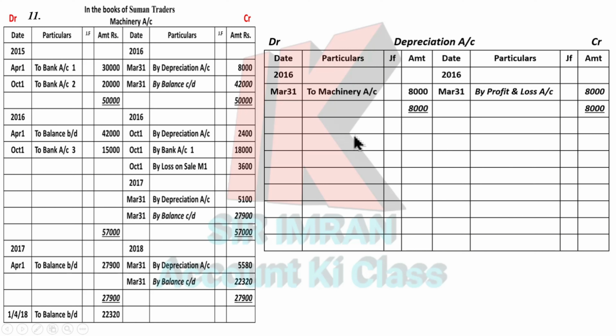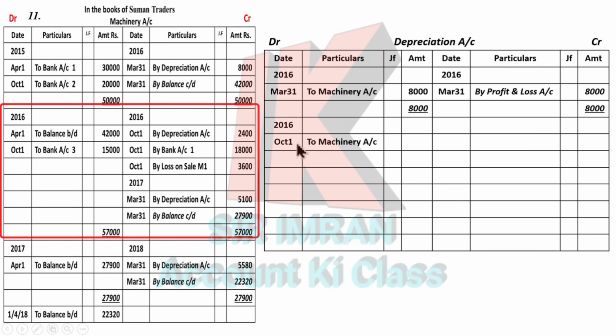तो इसको यहीं पे छोड़ देना है आपको। अब आना है सेकेंड ईयर में। अब सेकेंड ईयर में देखेंगे आपको बच्चों 2 बार डेप्रिशिएशन है तो डेट के हिसाब से एज इट इज कॉपी पेस्ट कर दो। यहाँ क्रेडिट है, यहाँ डेबिट है। 16 October 1, 2,400 टू डेप्रिशिएशन अकाउंट 2,400। सेम वे 17 मार्च डेप्रिशिएशन 5,100, यहाँ क्रेडिट है तो यहाँ डेबिट साइड। 17 मार्च टू मशीनरी 5,100। कॉपी पेस्ट किया है हमने क्रेडिट वाला डेबिट में।